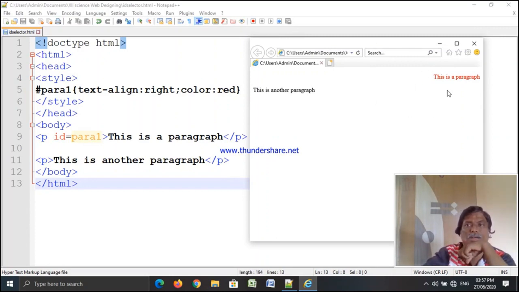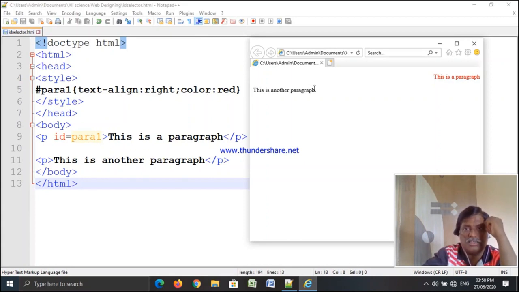Here the first paragraph, which contains an ID selector, is aligned to the right of the web page, and that paragraph has red color. This is because of the para1 selector, which contains text-align right and color red.